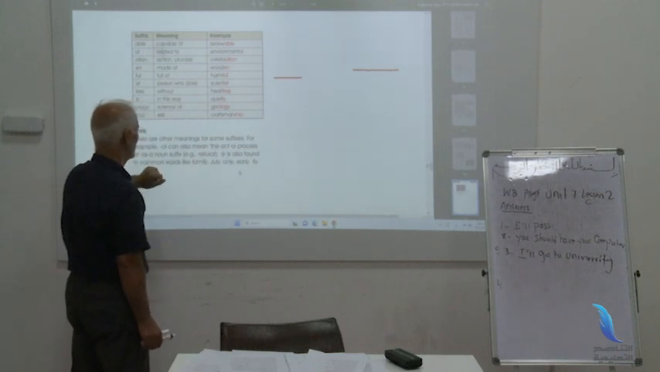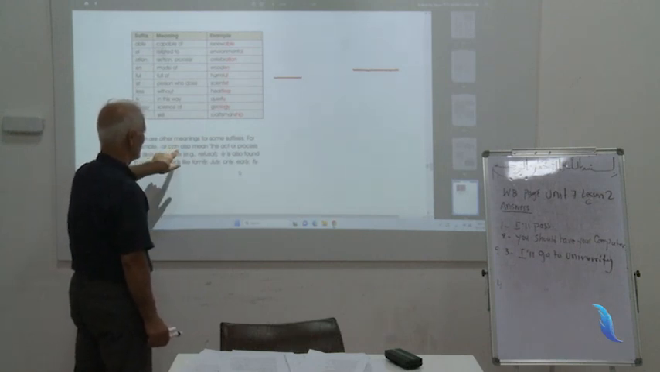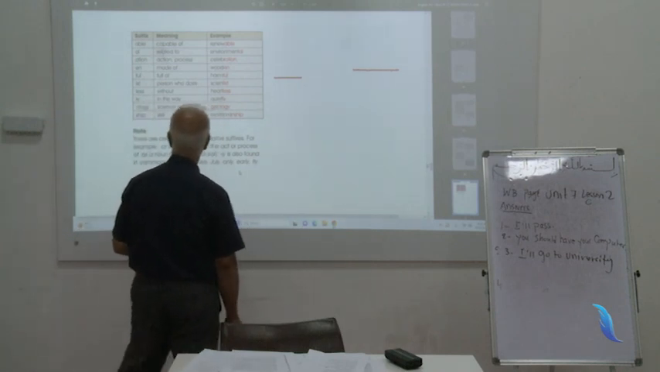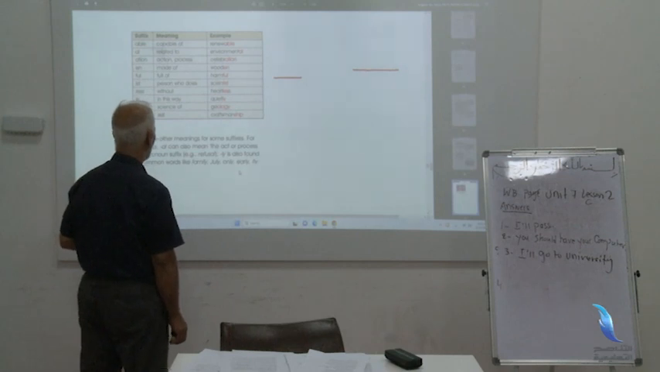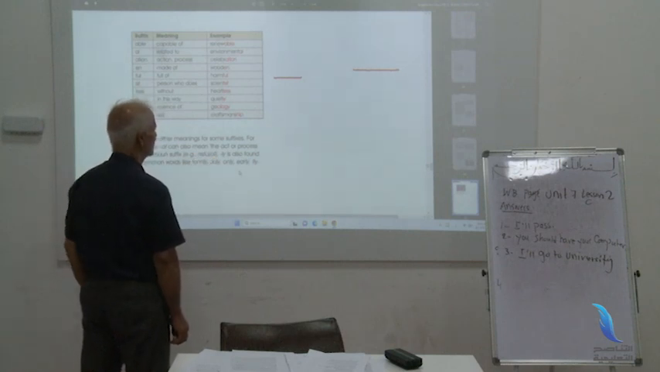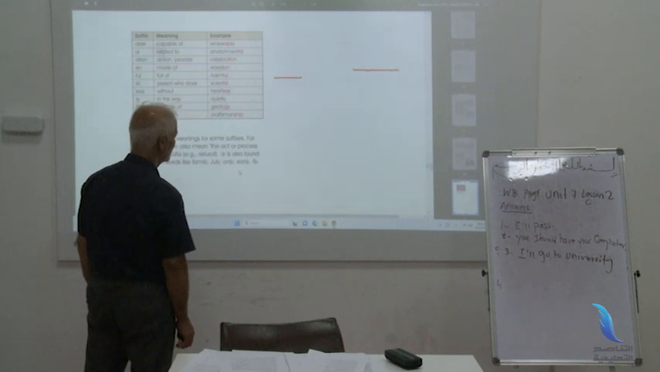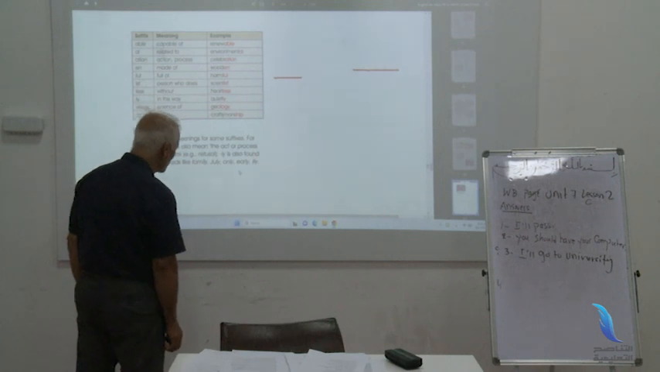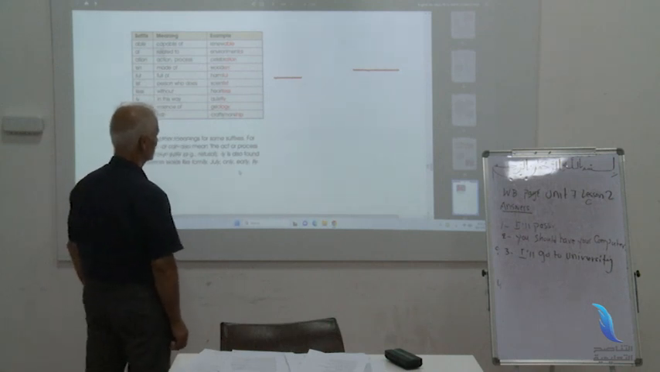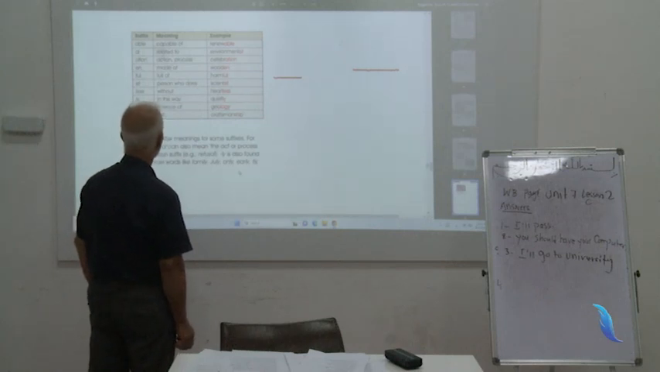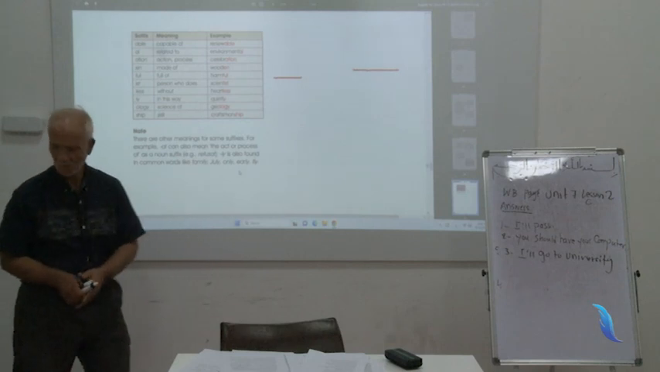For example, AL can also mean the act or process of, as a noun suffix. For example, refusal. Y is also found in common words like family, July, only, early, fly, etc. Okay, now